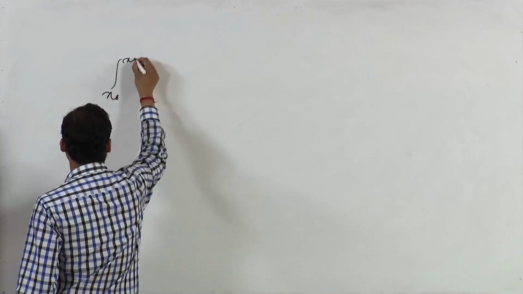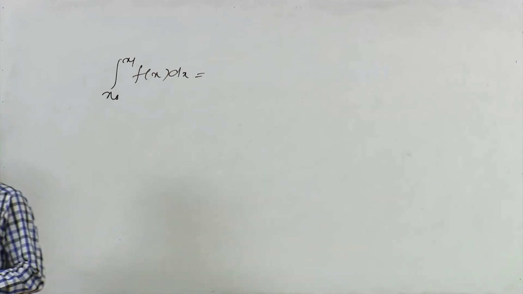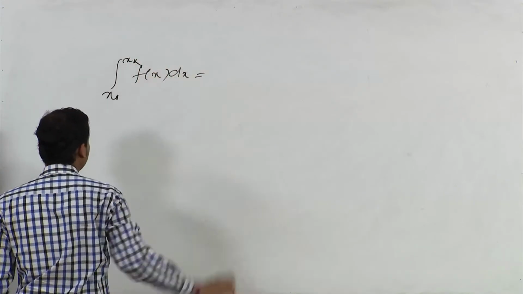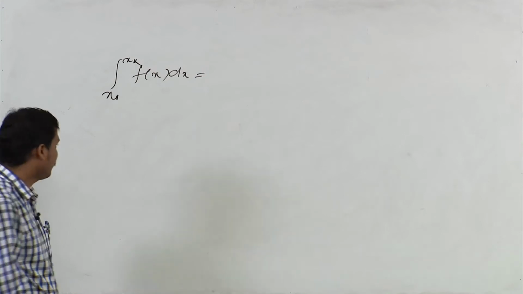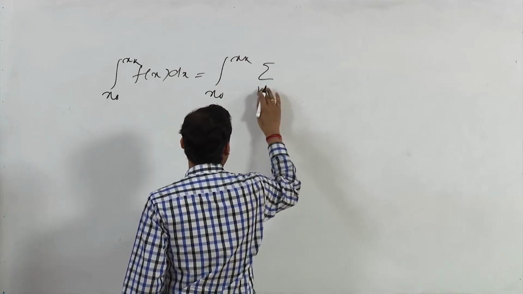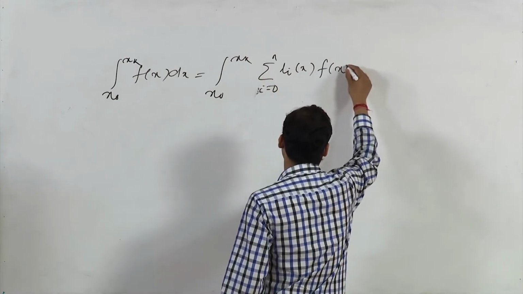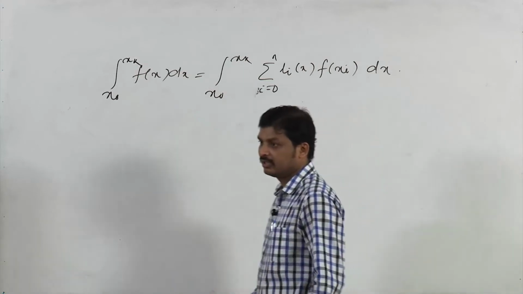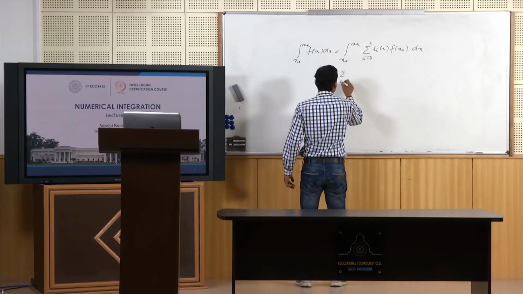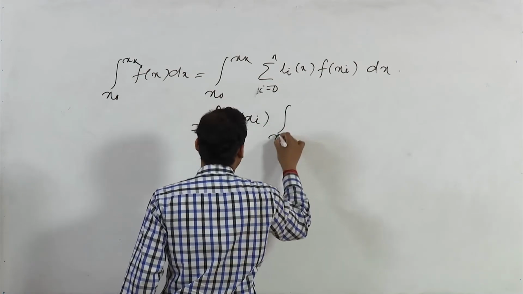If we write this integration, the integral from x0 to x1 of f of x dx, or if we write it as x0 to xk, evaluating the integral of f of x dx in each of these intervals, this can be written as the integral from x0 to xk of the summation of i equals 0 to n of Li(x) f of xi dx, or as the summation of i equals 0 to n of f of xi times the integral from x0 to xk of